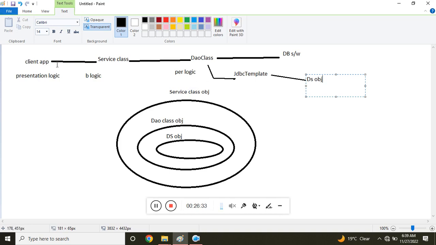And industry prefers only layered applications. The advantages mean clean separation of logic. Separation means the logic is different. For the client application, there is HTML, then